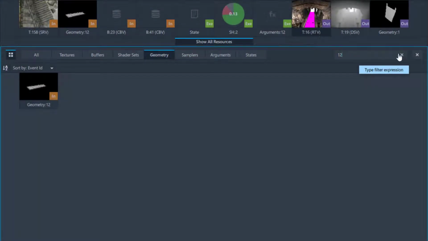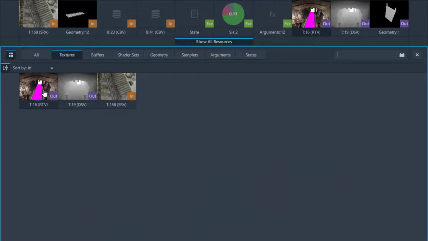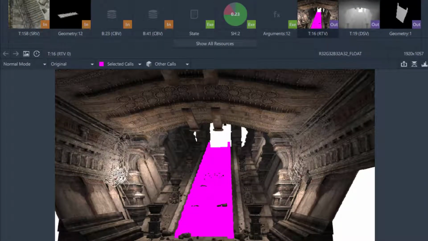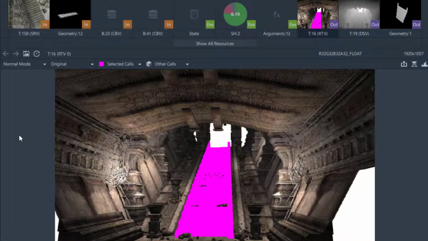Selecting a single resource will allow you to inspect the data associated with that resource in the resource viewer. By default, once a draw call is selected, you can view the texture of your render target in the resource viewer, setting what all selected events draw to a solid pink color. Above this panel is the texture viewer toolbar containing several drop-down menus allowing you to modify what's visualized in the